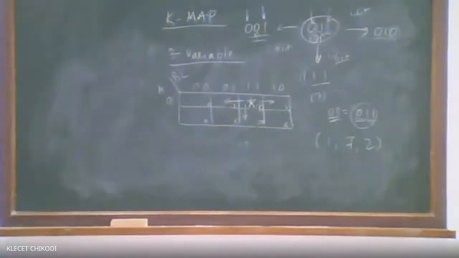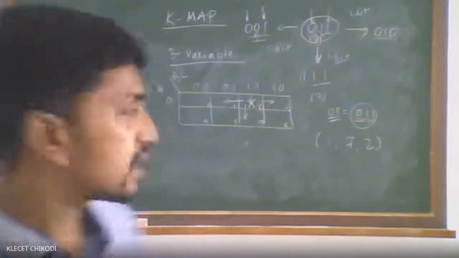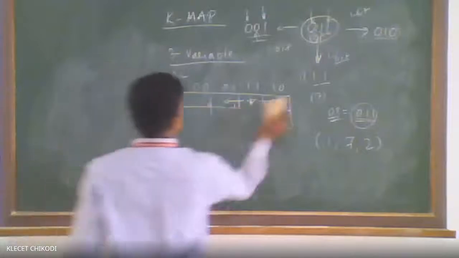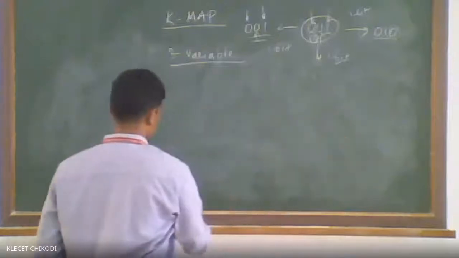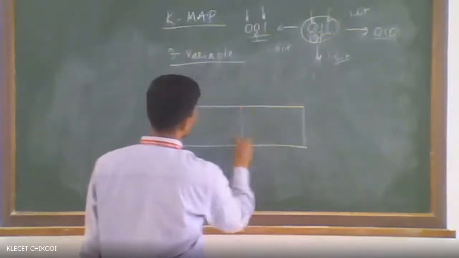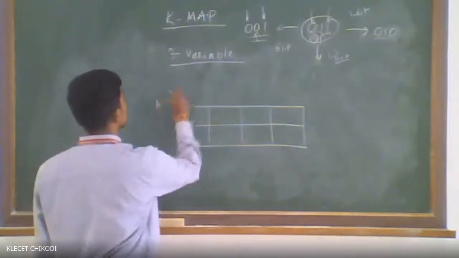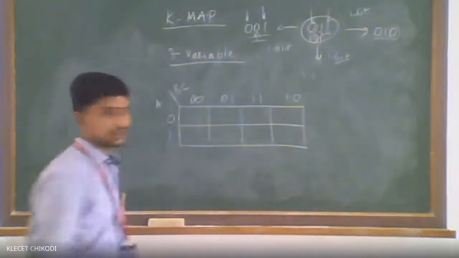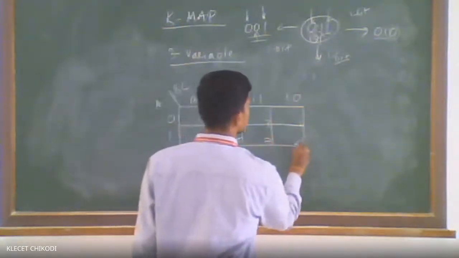Fine. Now it is the same for 2 variable, 3 variable and 4 variable. Even in 4 variables, all the adjacent cells differ by only one bit. All of you note it down. Draw a 3-variable K-map, that is an 8-cell K-map, considering A, B, C, with 0, 0, 0, 1, 1, 1, 1, 0, and the cell numbering is 0, 1, 3, 2, 4, 5, 7, 6.